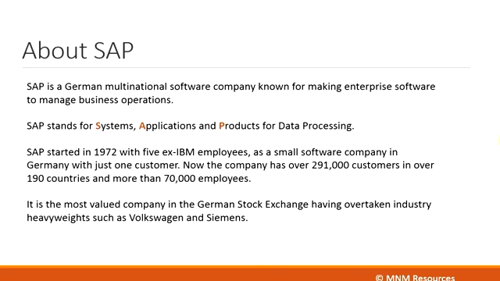It is the most valued company on the German stock exchange and they have overtaken industry heavyweights like Volkswagen and Siemens. Now in a country like Germany, where engineering has been renowned, a software company like SAP has over the last 40 to 50 years become the number 1 company in Germany. So it just tells the achievement and how organically SAP has grown over the last few decades. It's also the 3rd largest enterprise software making company after Microsoft and Oracle.